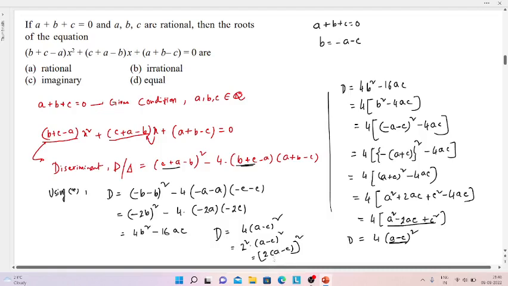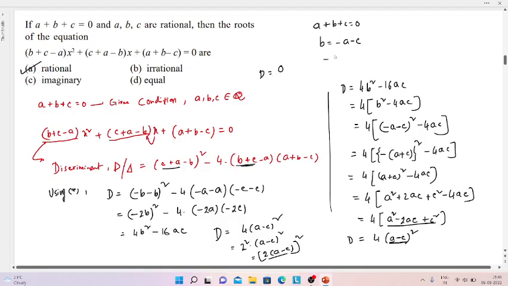So D is nothing but a perfect square, right? For a perfect square, we know the roots will become rational. That is the actual answer. And the roots may be equal for the case of a equals c, right? But the roots are rational. This is something which always happens. And we know 0 is a part of rational numbers. If D equals 0, then the roots are real and rational,